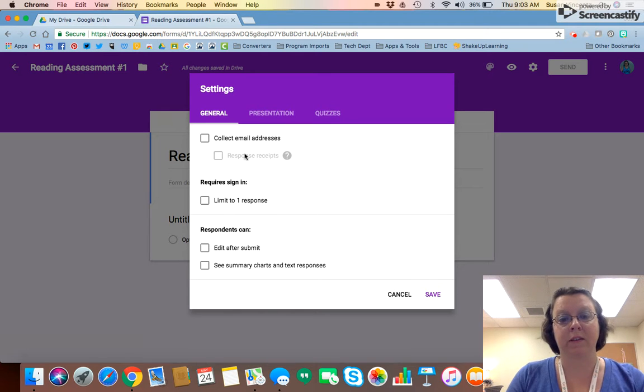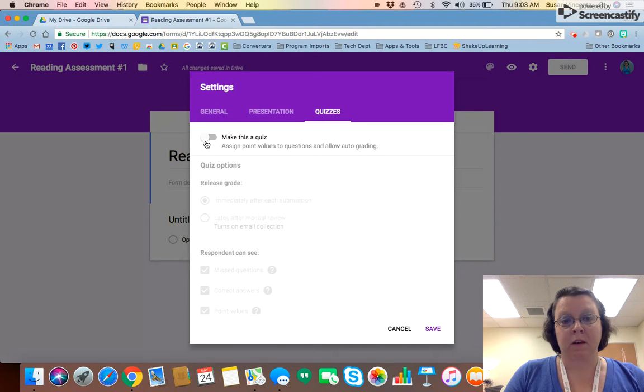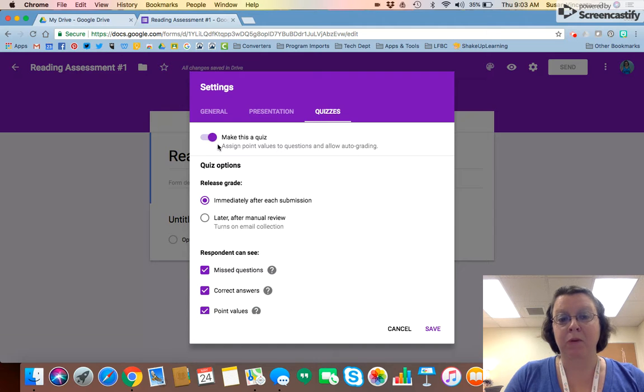You can choose to collect the students' email addresses, but in this case, I'm going to suggest you may not do that, and then later we're going to put a question in with the student's name so that later when you are on your spreadsheet, you can sort that information if needed. And then we're going to go over here under Quizzes, click the button, turn it purple to make it a